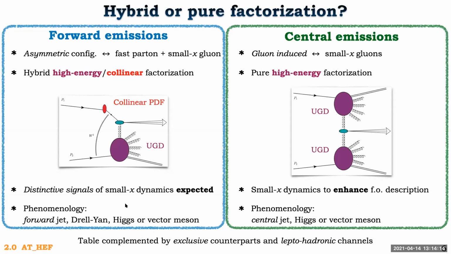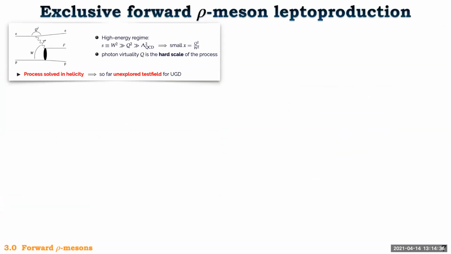And from the phenomenological point of view, here we have all the representative classes of forward objects emitted. And in this talk we will focus on vector mesons, or in this case we can have a central jet, central Higgs, or vector meson. We complement this table with exclusive counterparts and leptohadronic channels. And indeed, in the next slide we will see an exclusive leptohadronic channel, which is the exclusive forward rho-meson leptoproduction,